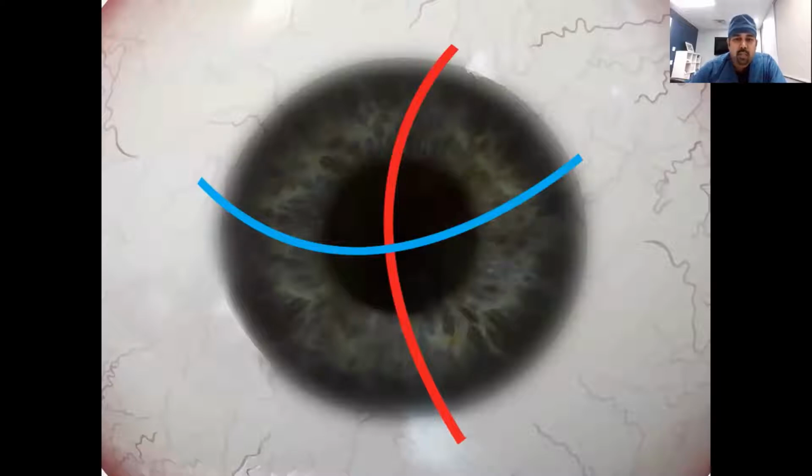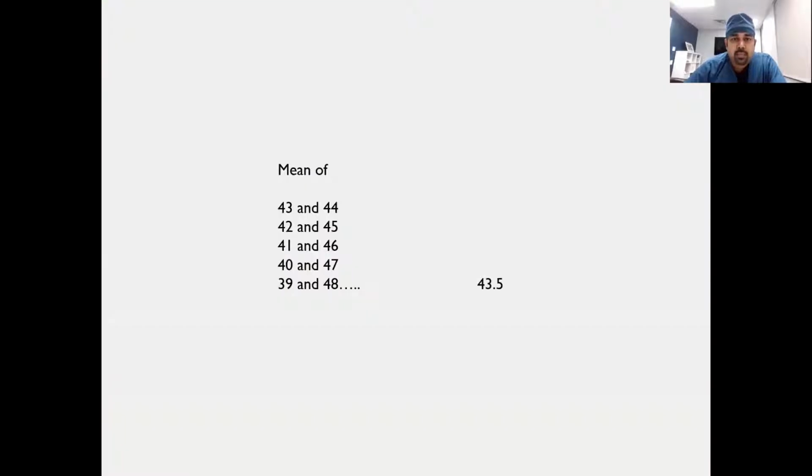But if there is a difference within the same meridian, as in if you have a difference superiorly versus inferiorly between the same red line points in the 3 millimeter zone, it is not entirely astigmatism, and there is a component of hidden aberration which is commonly called coma. I explained to you that a normal looking K1 average of say the steep and the flat, the superior and the inferior parts of the same meridian, could be say 43.5, but those values could be as close as say 43 and 44 superiorly and inferiorly, which could be a normal scenario, or they could be as varying as 39 and 48, which is actually a difference of 9 diopters.